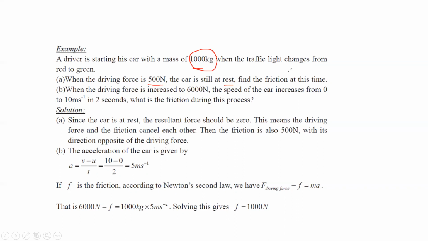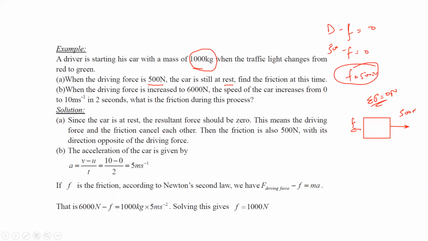Because the car remains at rest, it means that the object does not experience a resultant force, or the resultant force is zero, so the driving force balances with the frictional force. So if the driving force is 500 Newton, what about the frictional force? Because the resultant force is zero as the car does not change its state, the driving force minus the friction force will be equal to 0. So 500 minus friction force is 0, or we can say the friction force will also be equal to 500. That's why for A the answer will be 500.